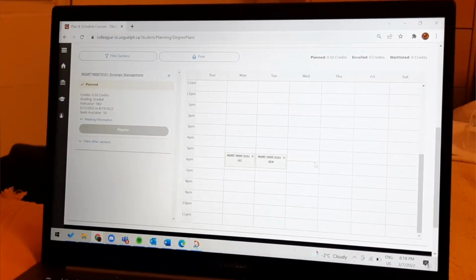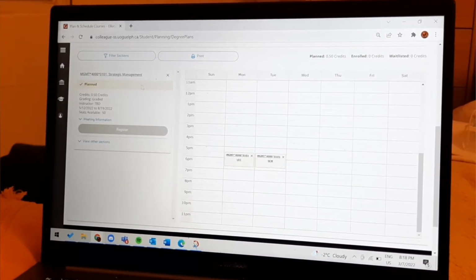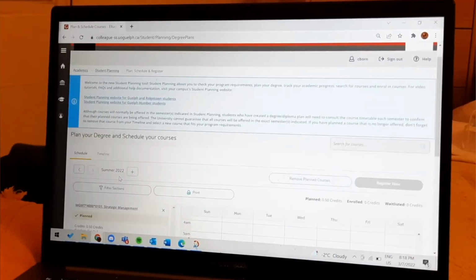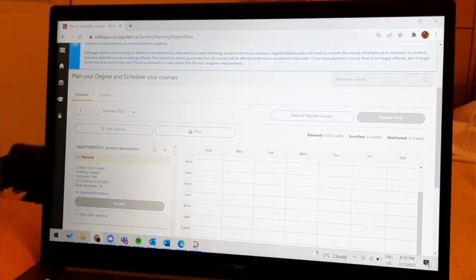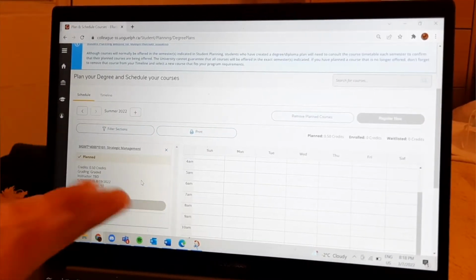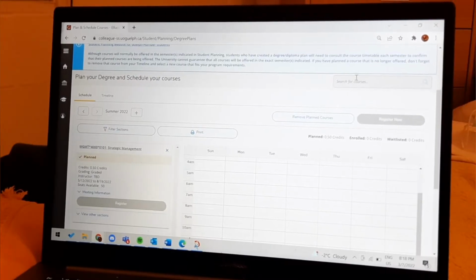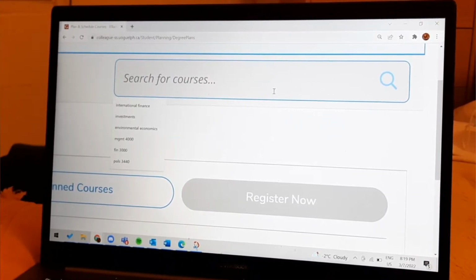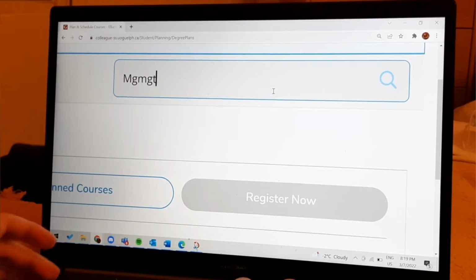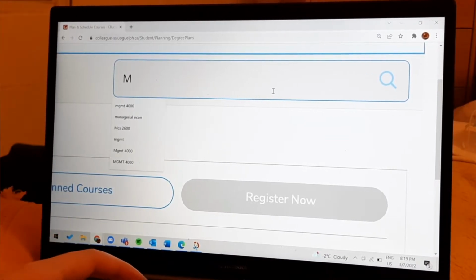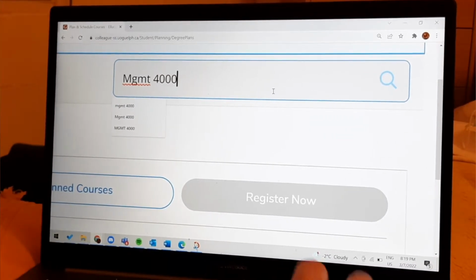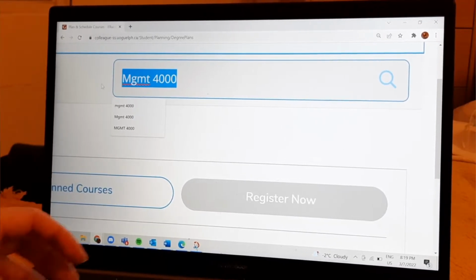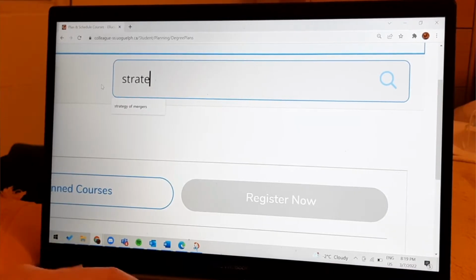So the next thing that I want to show you is how I actually get these courses into the summer semester planning tool, because I obviously had mine already preloaded, so that's not super helpful to you. So there's 2 ways you can do that. One way is to go up into this little search bar up here, and you can type in either the course code, which in my case was Management 4000, or I could type in the name, which is Strategic Management,